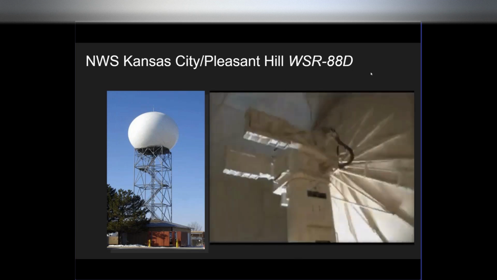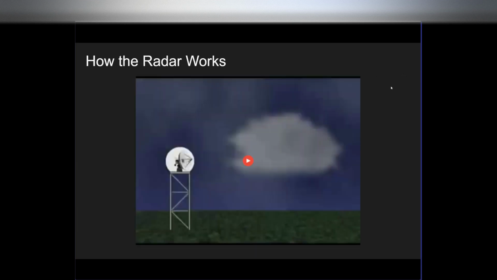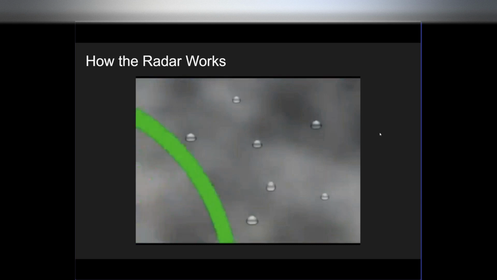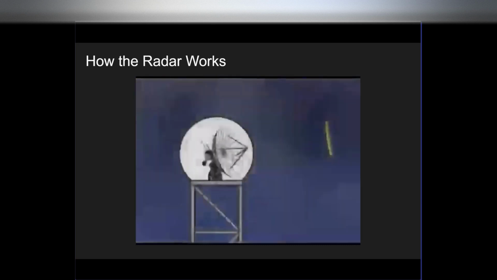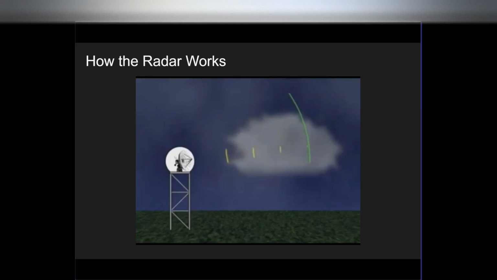Well, most of you are probably well aware of how it works, but it's a call and response. So the radar sends out a microwave pulse, and honestly, it does this in fractions of a second, almost the speed of light. The initial pulse comes out of the radar, and then it listens for basically the return. So whatever it's interacting with in the atmosphere,